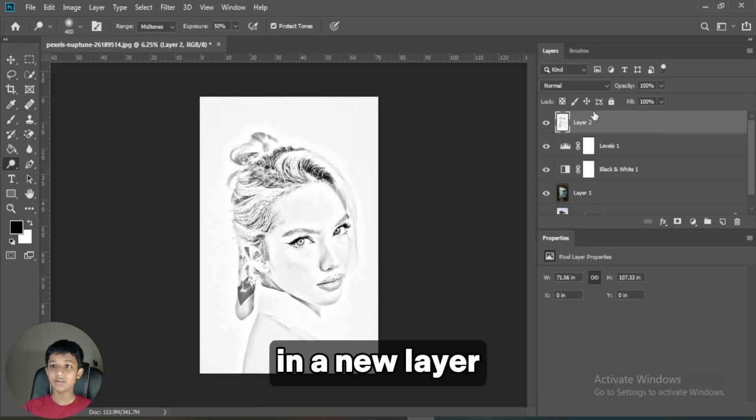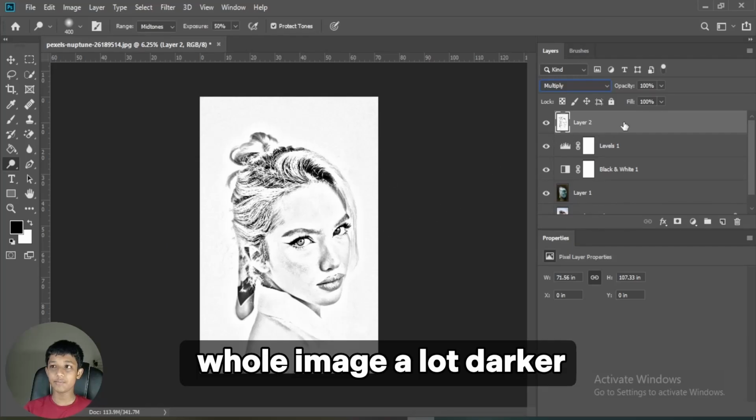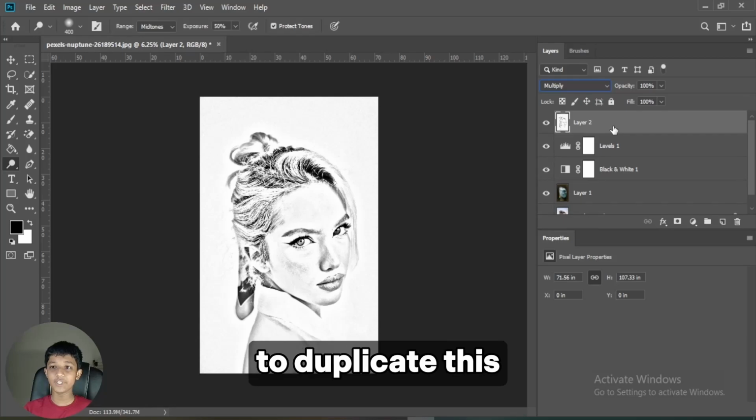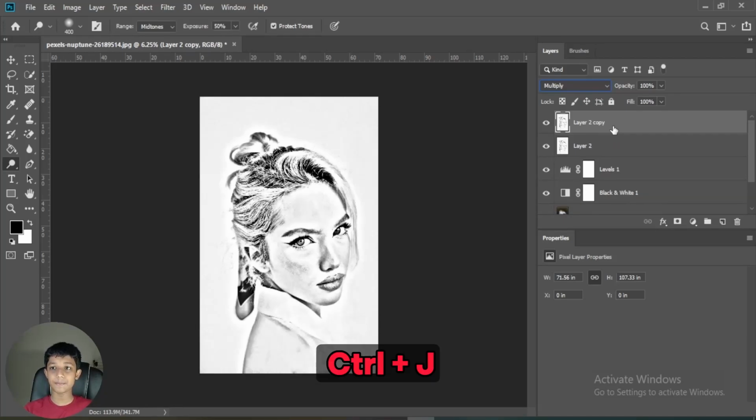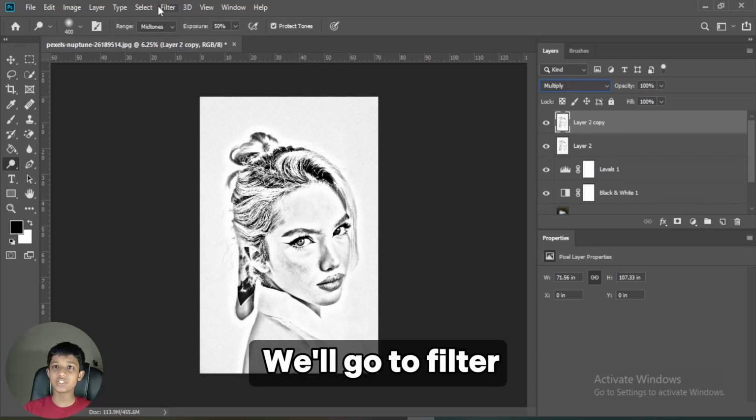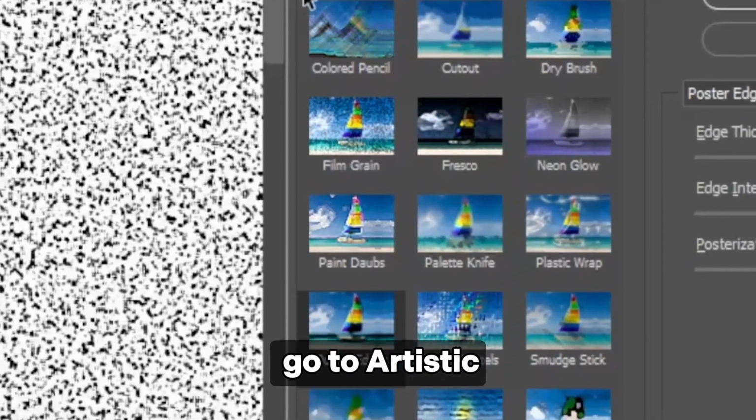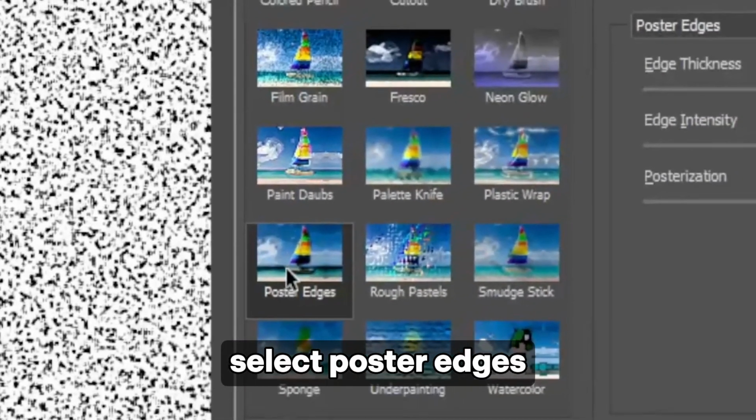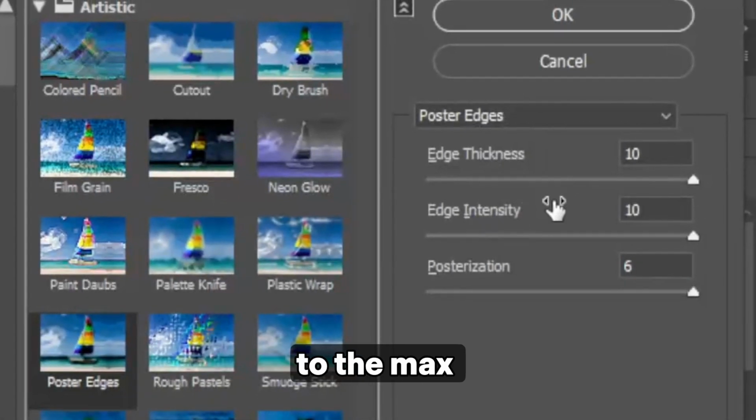In the new layer, we'll set the blend mode to multiply. This makes the whole image a lot darker. We'll have to duplicate this, so we can duplicate it by pressing Ctrl plus J. On the new layer, we'll go to Filter and Filter Gallery. We'll have to go to Artistic and then select Poster Edges and set all of the thresholds to the max